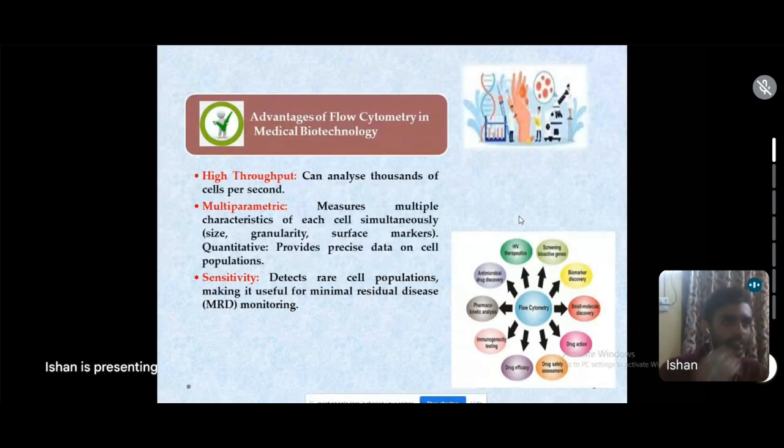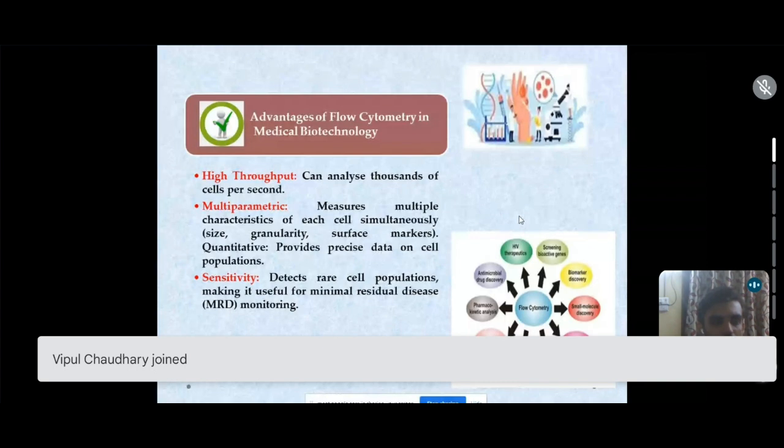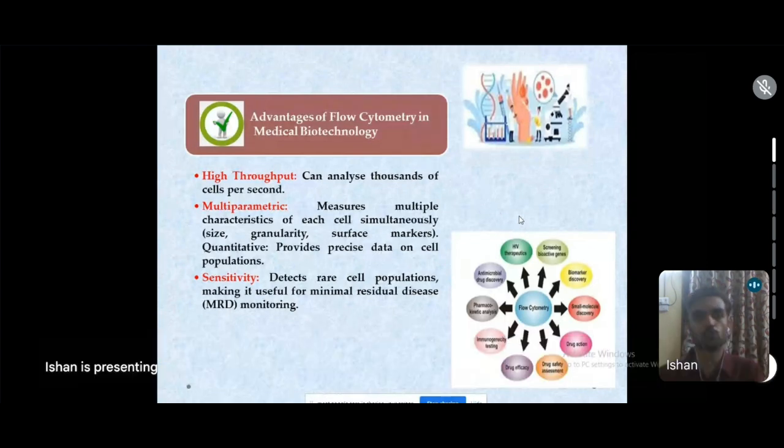When we talk about PCR, there are two parts. We have the initial PCR, that is the reverse transcriptase PCR, which was qualitative analysis. Then came the real-time qPCR, that is the quantitative. So there are two types of it. But in flow cytometry, we have both advantages. We can have qualitative as well as quantitative analysis about the number of cellular population as well as the quality